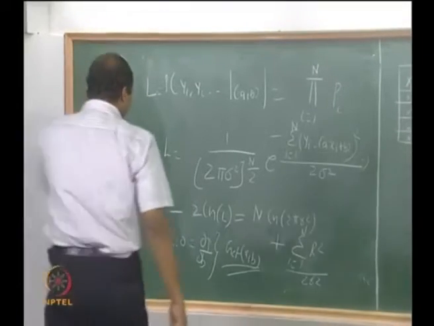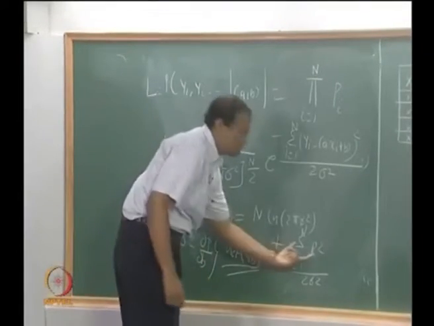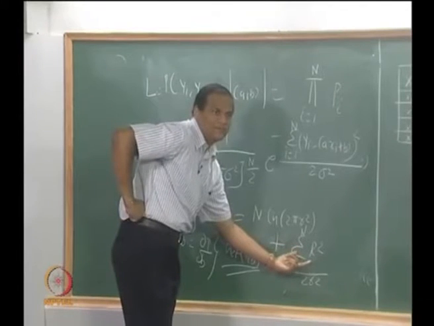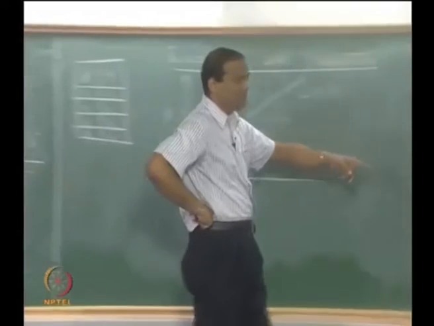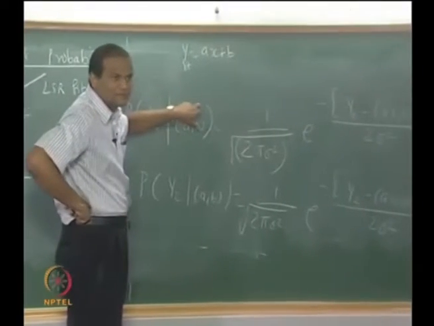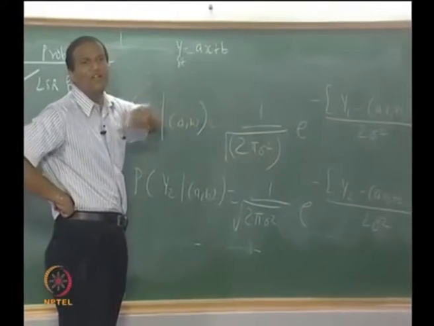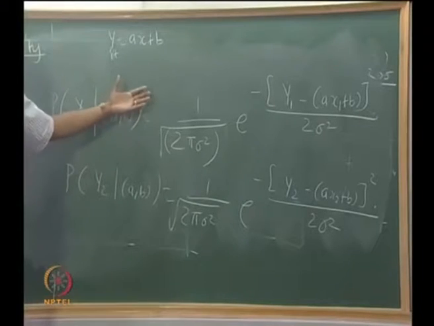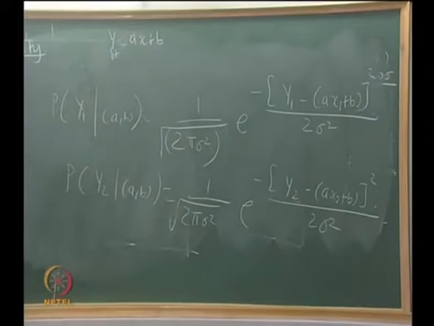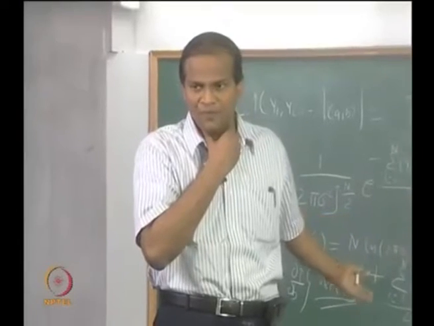So, in the last class we started with just this. So, we should have started from here. There is a link between what you have done and probability, which basically comes from what is called the Gauss-Markov theorem and all that. So, there is a relationship between the probability as defined by the Gaussian distribution and okay.